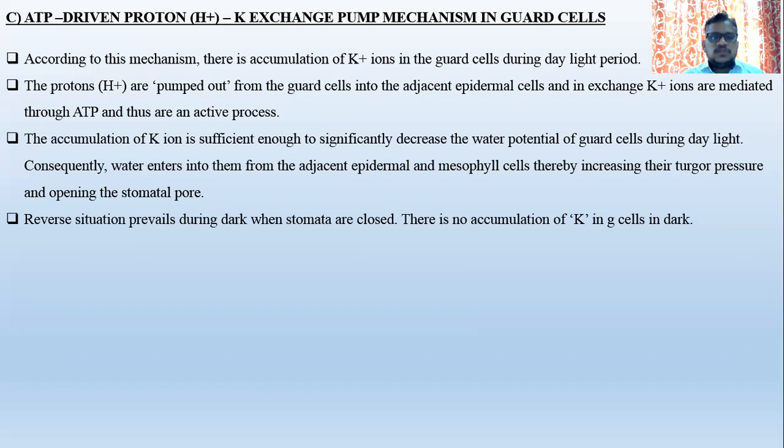The protons, that is hydrogen ions, are pumped out from the guard cell into the adjacent epidermal cell, and the exchange of potassium ions is mediated through ATPase, and thus it is an active process. The accumulation of K ions is sufficient to significantly decrease the water potential of the guard cell during daylight. Consequently, water enters them from the adjacent epidermal and mesophyll cells, thereby increasing the turgor pressure